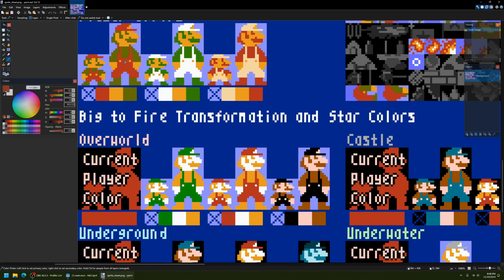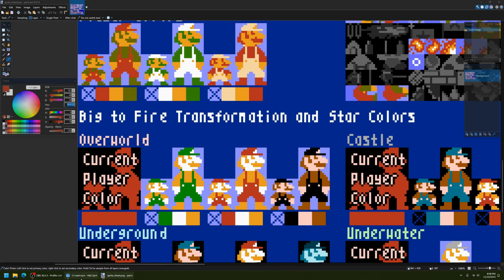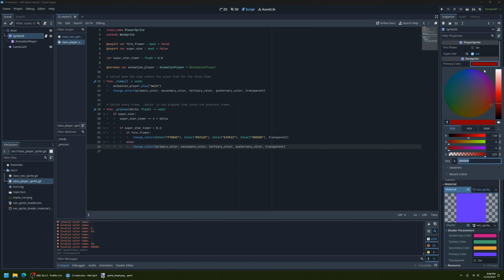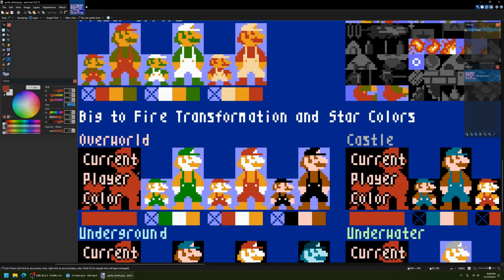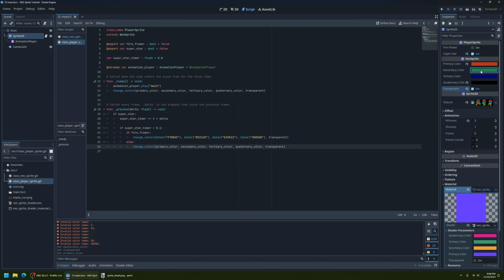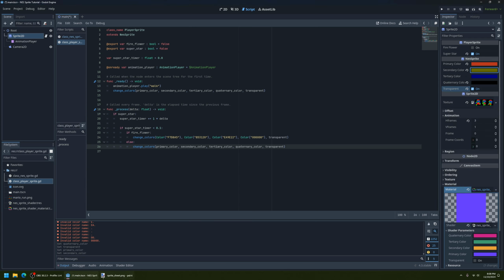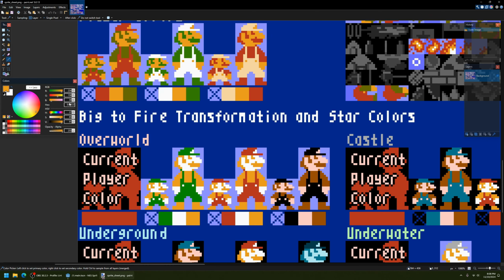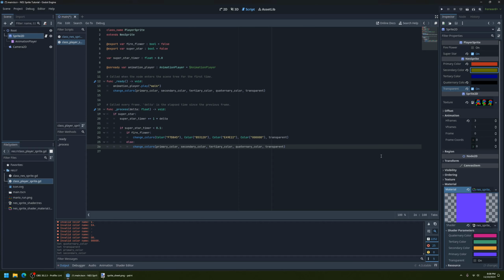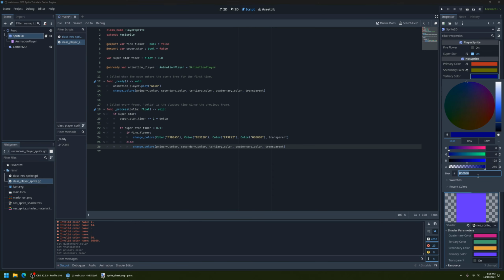So I'm going to get the color of his overalls. I'm going to copy the hex value here. So I'm going to select it, Control C, go back, set primary color, and then here I can paste that value and press enter. I'm going to do the same thing with his shirt. Copy that hex value, put it into secondary color, and then his skin, I'm going to copy that value and paste it in the tertiary color